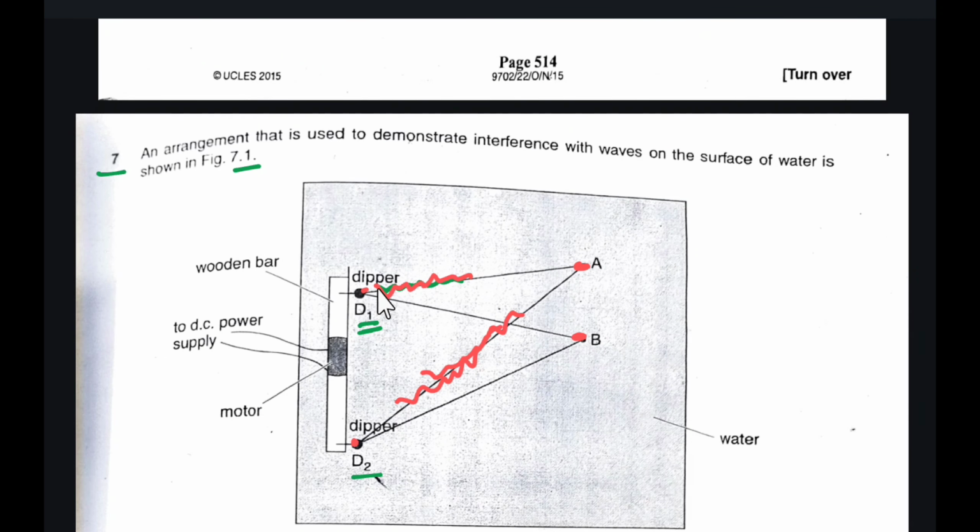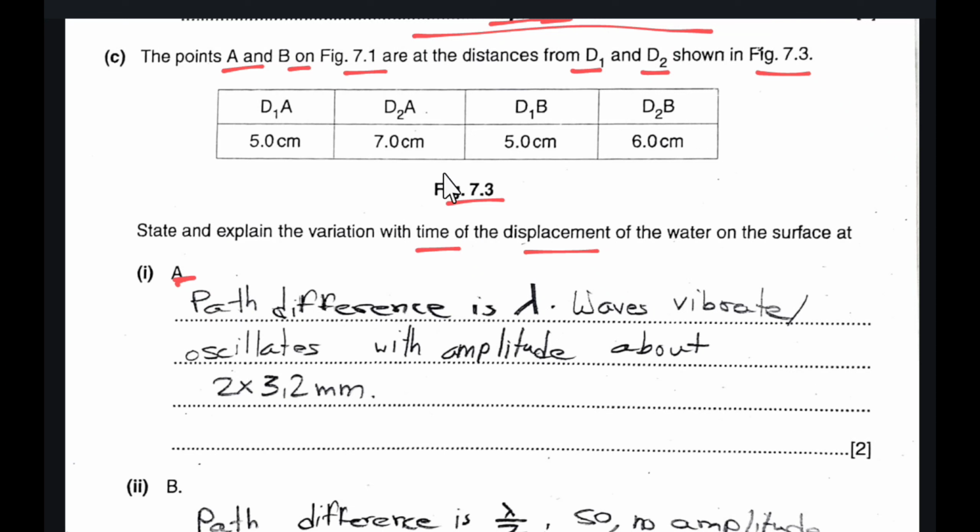At point A, we can see that the waves from D1 and D2 both travel. So as the waves from D1 and D2 both travel, we need to find the displacement at this point. To find the displacement at this point, first of all, we need to find whether constructive or destructive interference is formed at this point or at that point, because when constructive interference is formed, then the path difference is lambda,